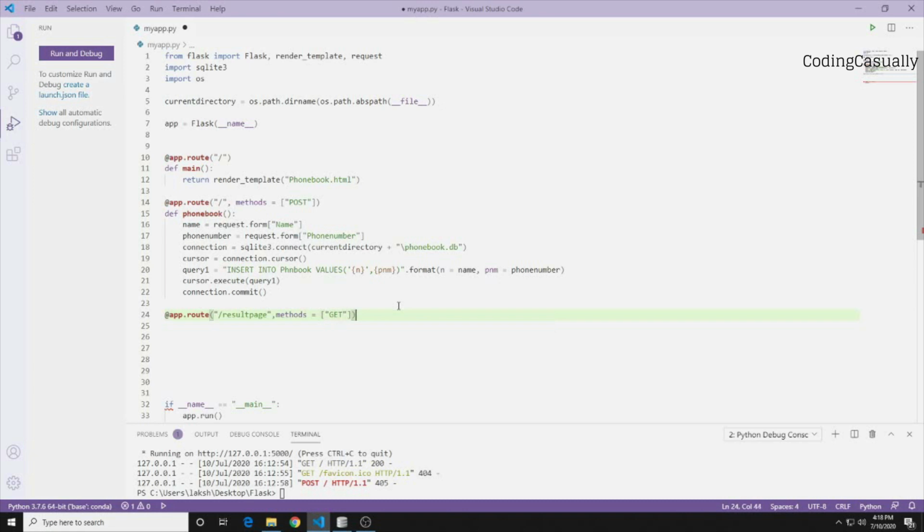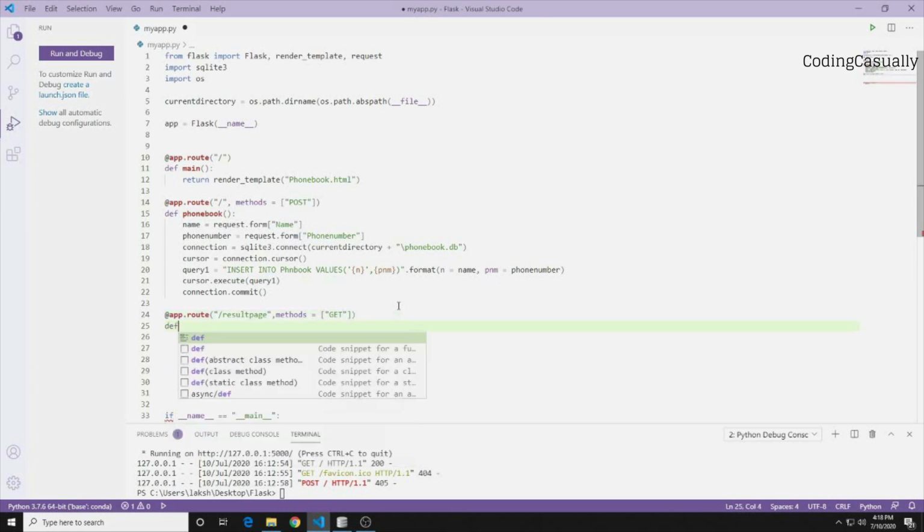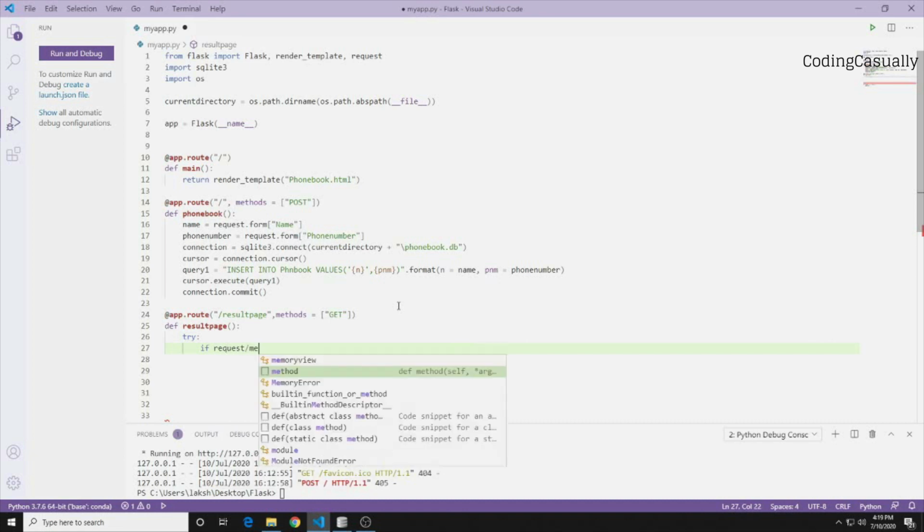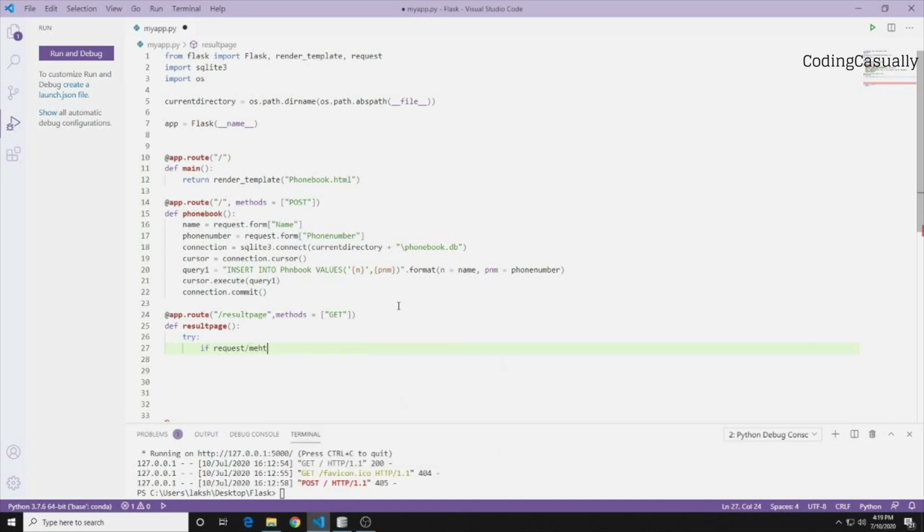And then I'll write a function called result page. This is not going to be tricky, but this is going to be a smart move because we'll start it through a try statement, because what we want is the result to be in the same page and the form in the same page as well. So we'll write if request dot method is